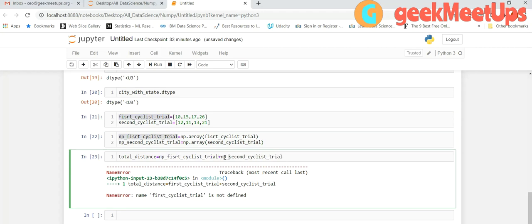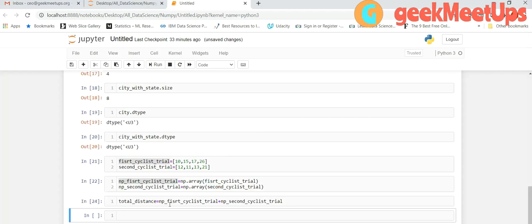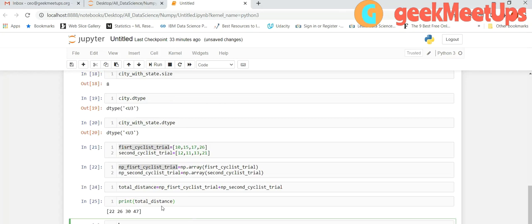Now the answer is not showing, so we have to print the total distance. So this is the total distance.